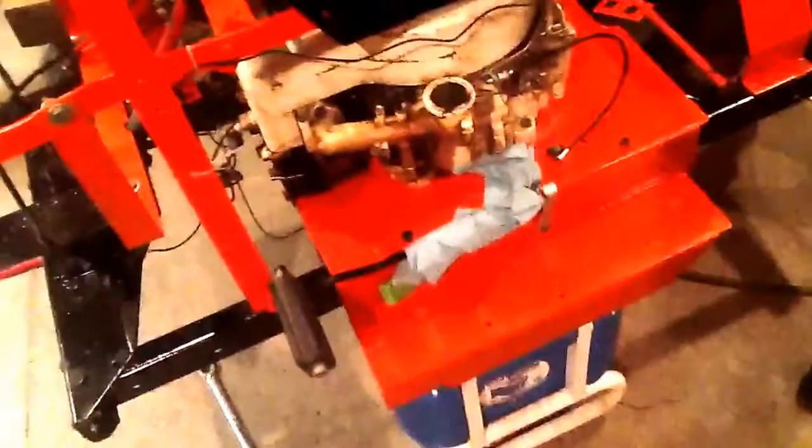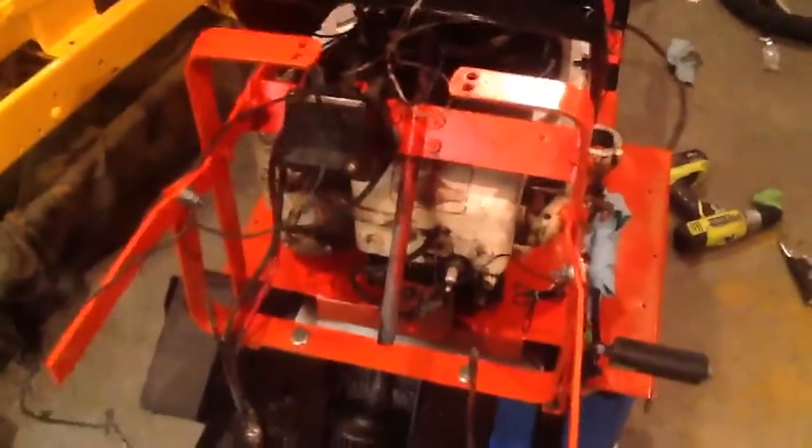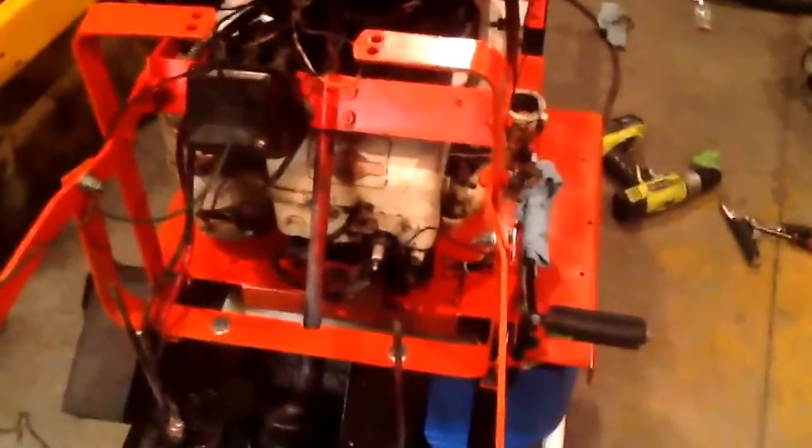I'm gonna run that engine until she blows up, and then I'm either gonna put that 11 horse in there with a 12.5 cam, or I'm not going to completely build one, I'm going to get a big twin for it and shove it in there. But, yeah, guys, so